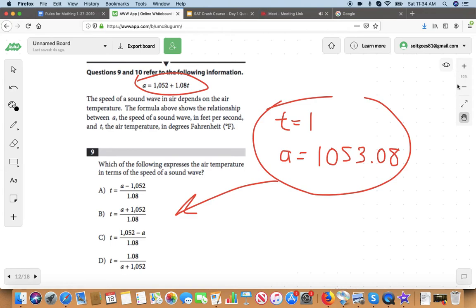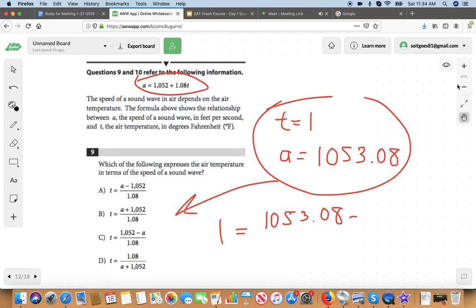Look at answer choice A. Does that give us a true statement when t is 1 and a is 1053.08? So when t is 1, then that's just going to be... So no. Wait. Hang on. Now I'm getting lost. Well, let's write it out. So I'm going to plug in those variables, and I'm testing answer choice A here. So you get 1 equals A, but that's not A. I'm plugging in 1053.08